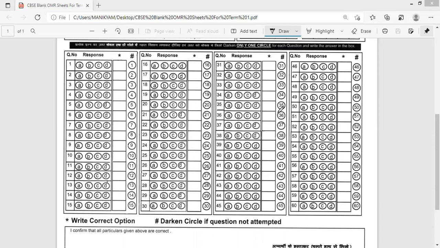Today I am going to make you the most important and interesting video regarding the upcoming CBSE class 10th and 12th board examination. That is the OMR response sheet. CBSE has given important features of this OMR sheet, meaning how the students are going to attempt and how you need to answer in the coming board examination. They have given several features of this OMR sheet. I am going to explain what those important features are and how you need to attempt in